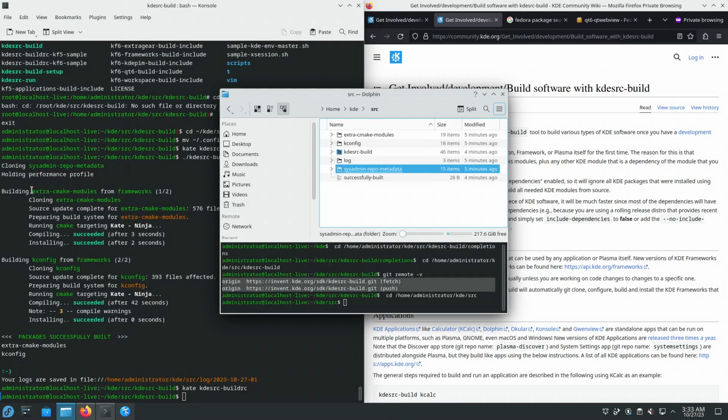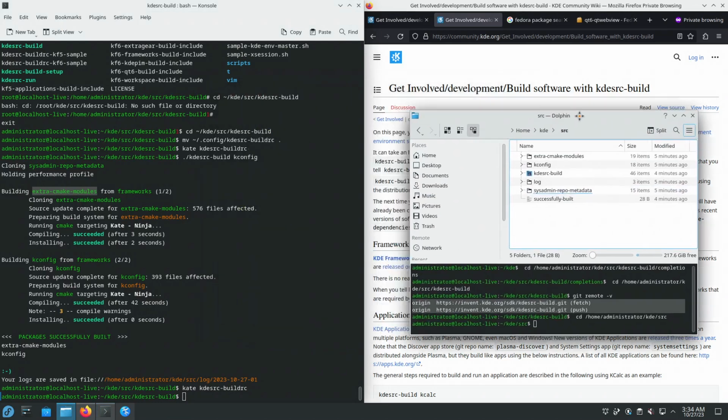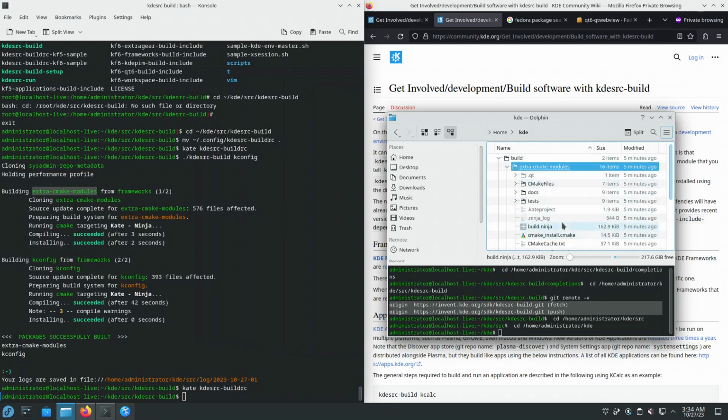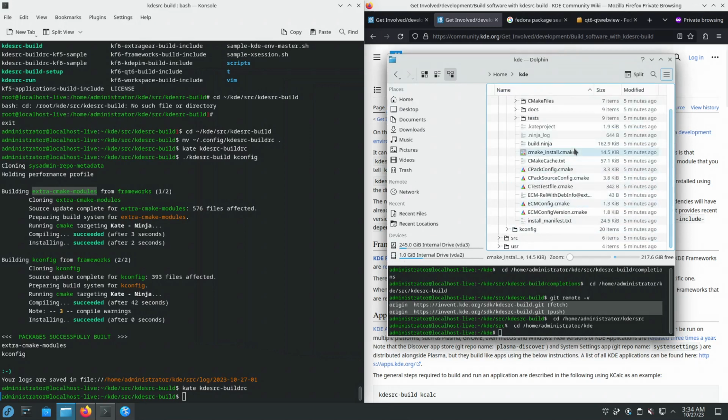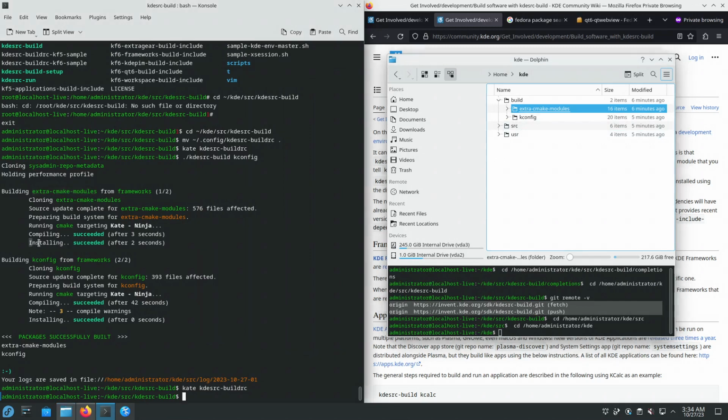Then we needed to git clone and do all of the needed operations on the KDE Git repository extra CMake modules, which was git cloned in here, was built in here. These are build artifacts, intermediate files, files generated by the step CMake configure, Ninja configuration files. Okay. And then the last step, this step, is installing, which takes files from the build directory and puts them into ~/kde/usr, which has a similar structure to what you know in a Linux operating system to be under /usr. So there's a bin directory with executables,